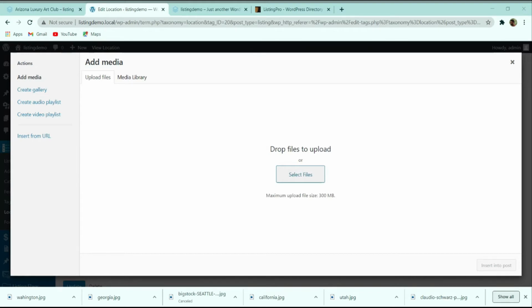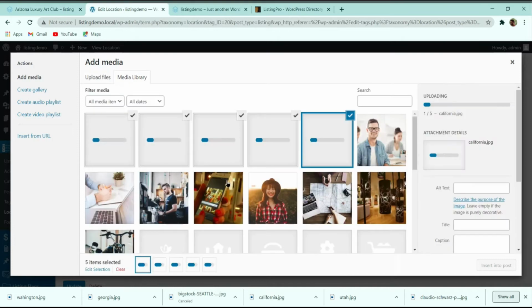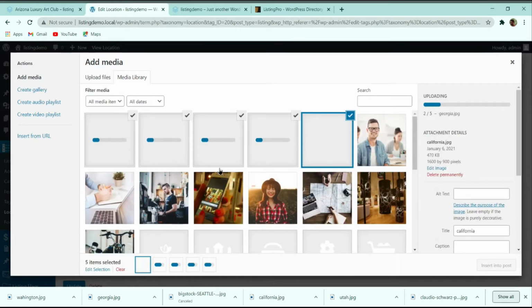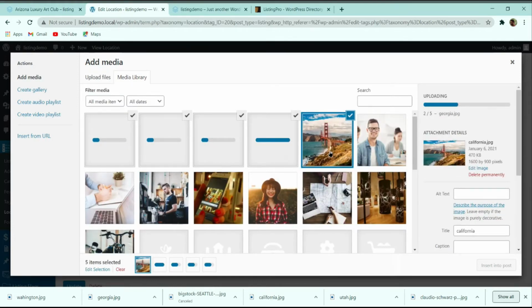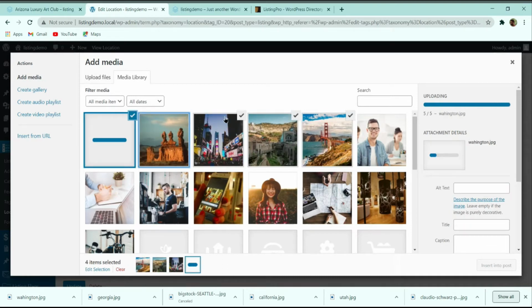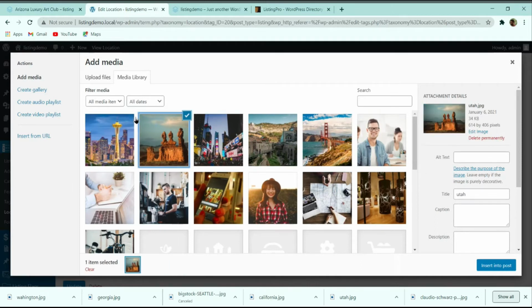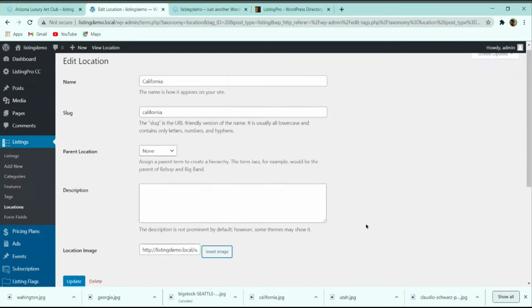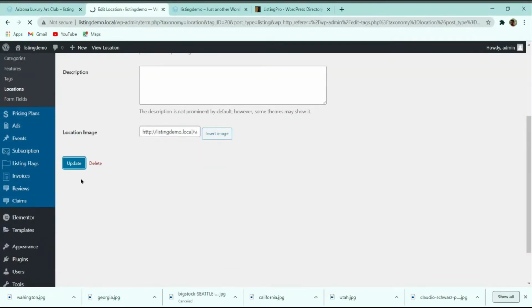Let me select the images over here. Here you can see this is the image for California. Let me remove all other images. So this is the California image. Here I will click on insert post and then click on update.